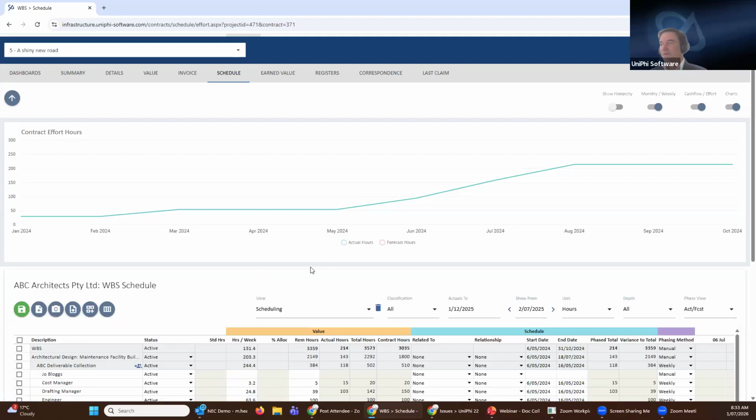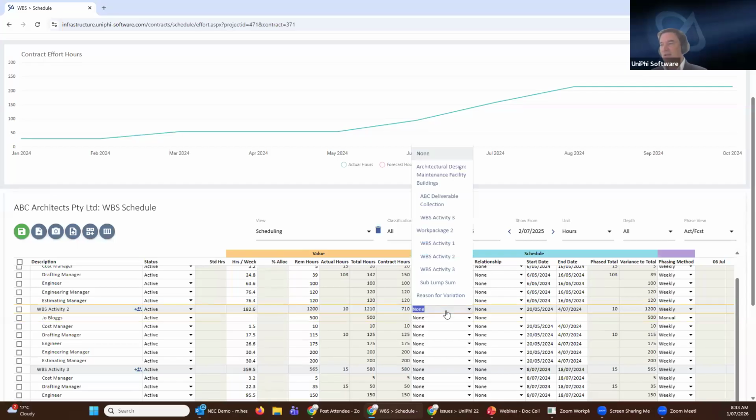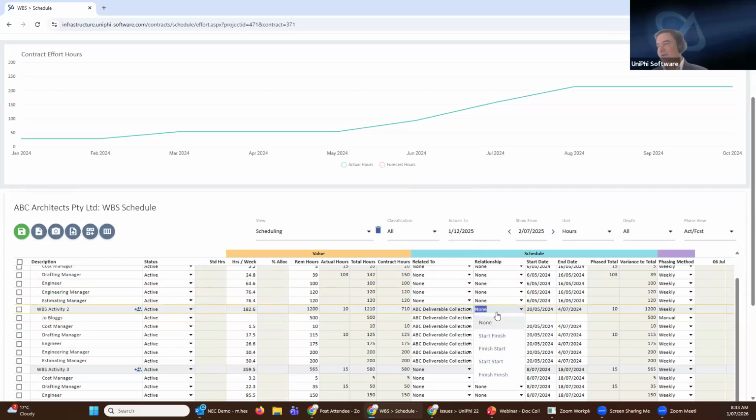Then when I do that, I've also got all of the functionality that we had before with regards to linking. At the moment here, I'm looking at, this is new in the contract system because I've got the tasks, I can actually create dependencies. So if this particular activity, WBS activity 2, had to happen after ABC collection, I can say it's going to be a finish to start relationship to that activity. So if I go ABC collection and the relationship is a finish to start, you'll see that the start date is now finishing after the 16th of May. And then if I was to add a duration into this column or manually select the start date here, a couple of months later, it's now created that relationship.